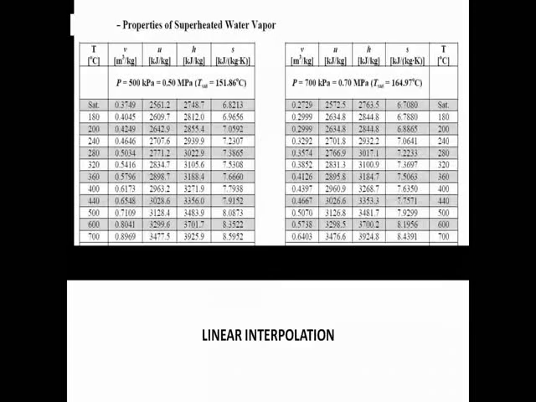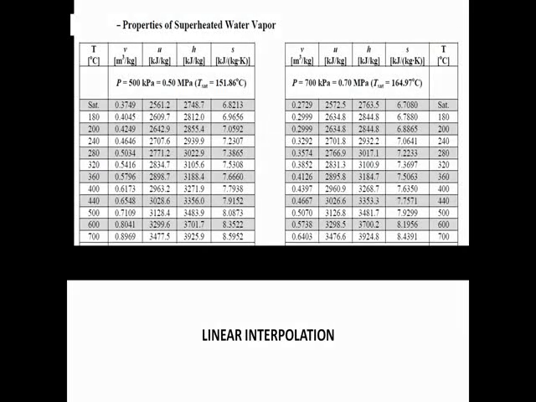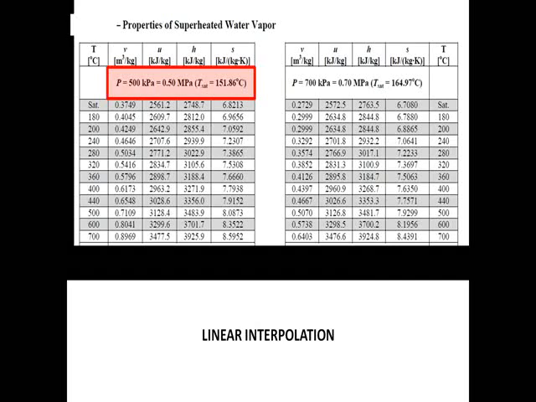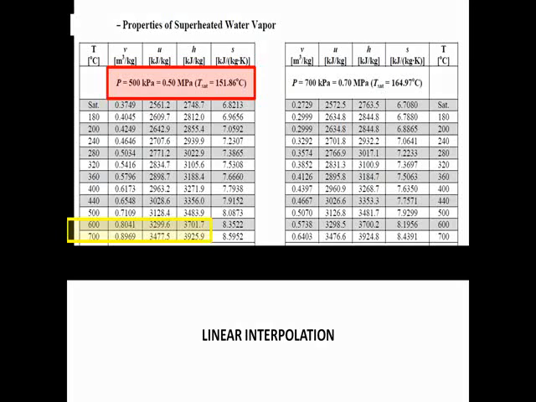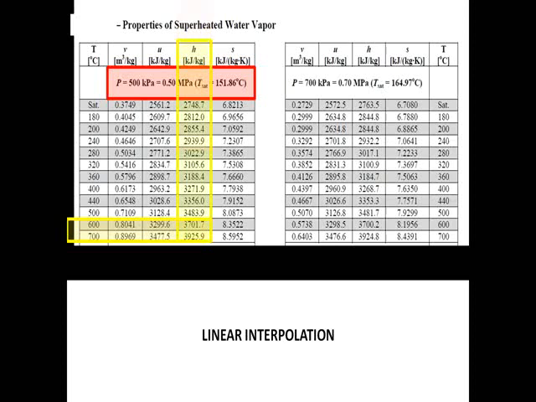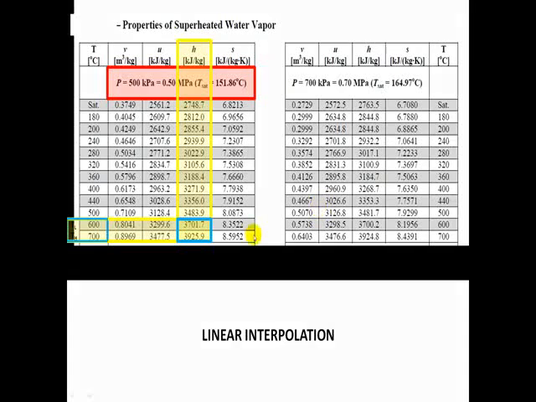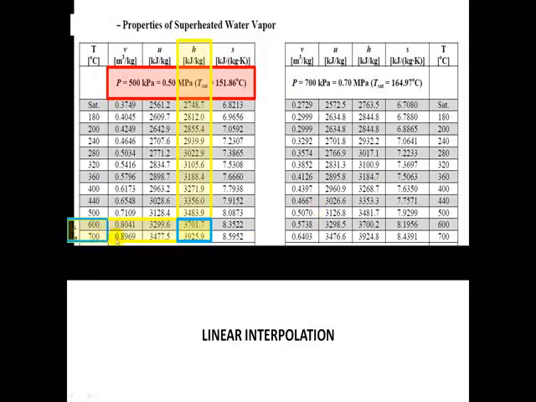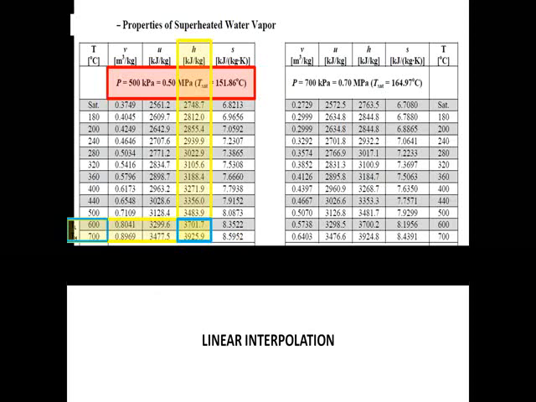So we're going to use table 12. So using table 12, we know pressure is 500 kilopascals. We have a temperature of 610, so it's between 600 and 700. And we are trying to find our enthalpy. So we're going to take the values at 600 and 700, and the low temperature is going to be 600, our high temp is 700. And this is our low value for enthalpy and our high value for enthalpy. So we're going to do a linear interpolation,